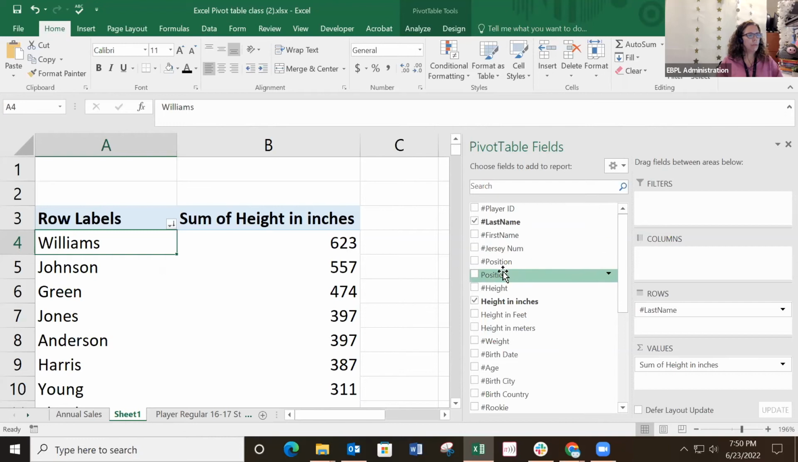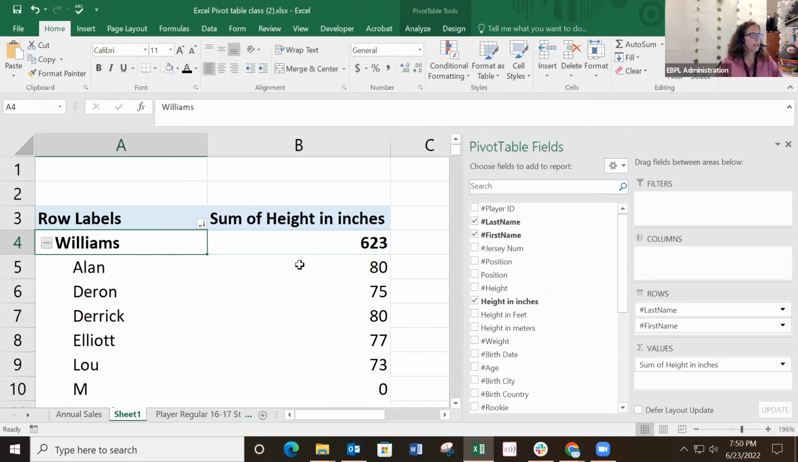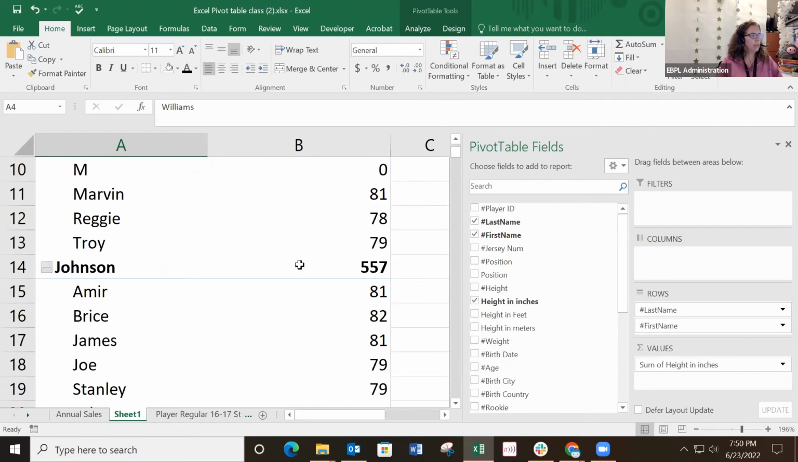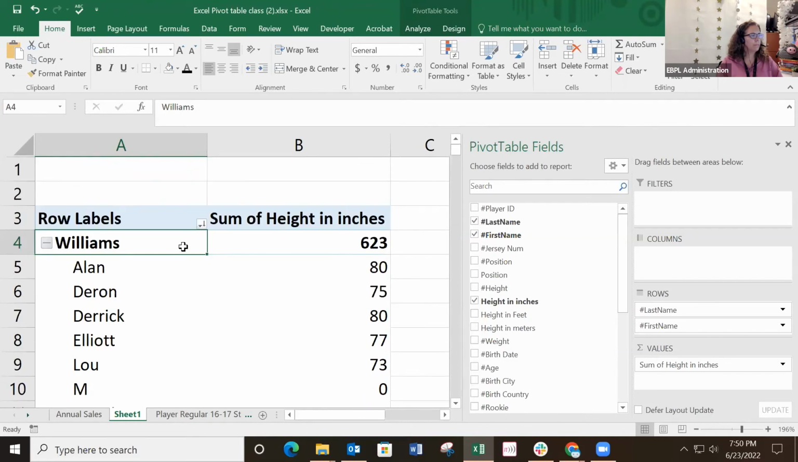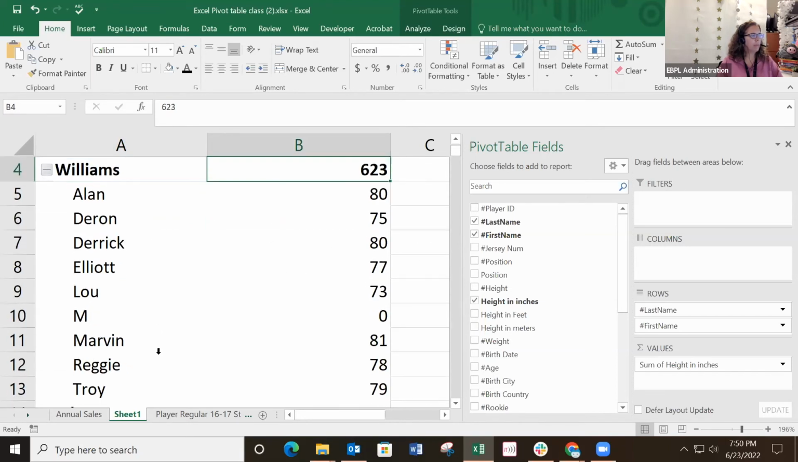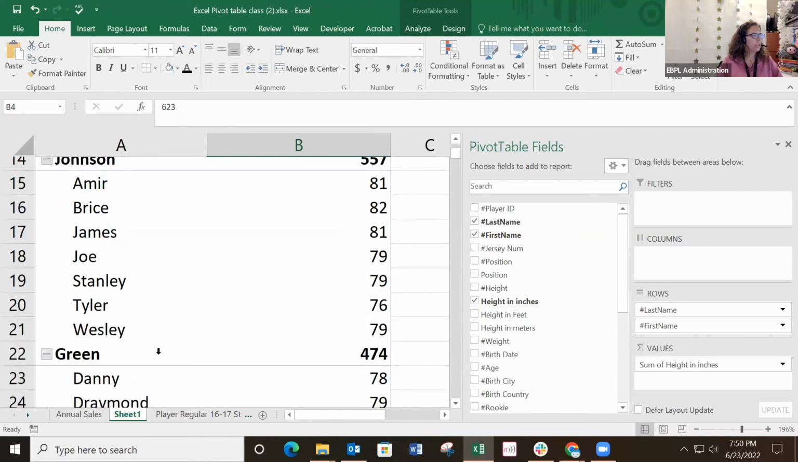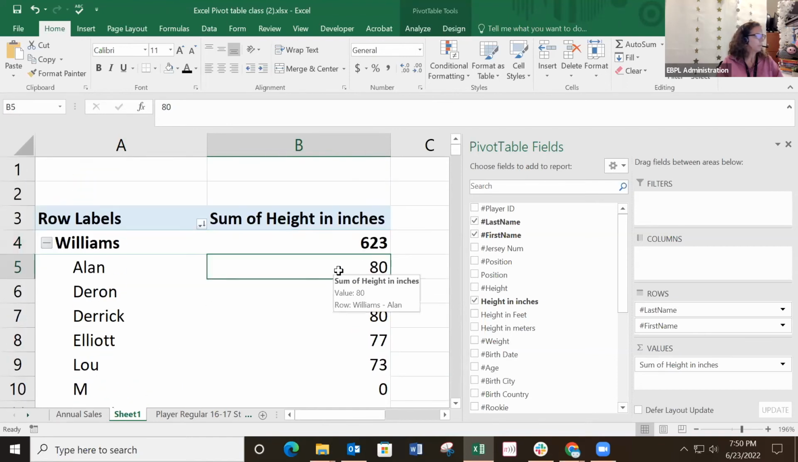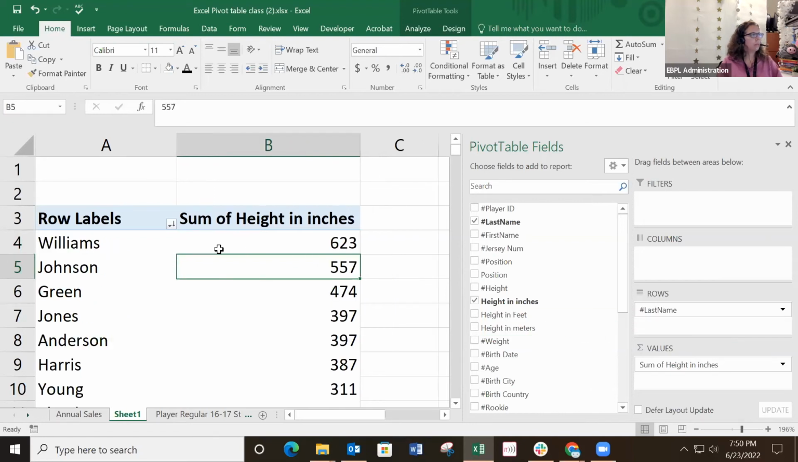If we put the first name, then you're gonna see that the Williams seem like they are very tall. But it's not necessarily, because we have different people here with the same height. So that's one way to do it, but it's gonna be a little bit obscure. So what we're gonna do is